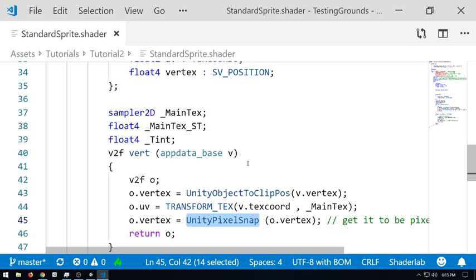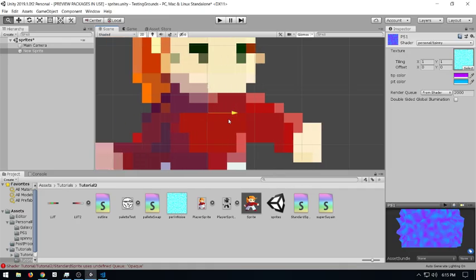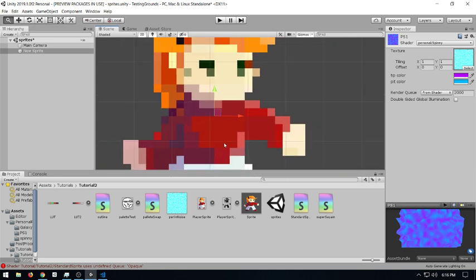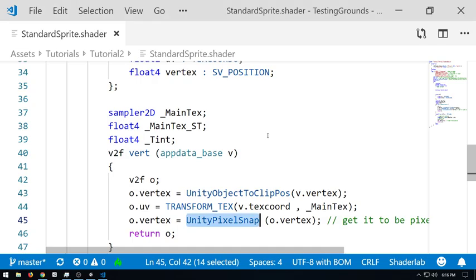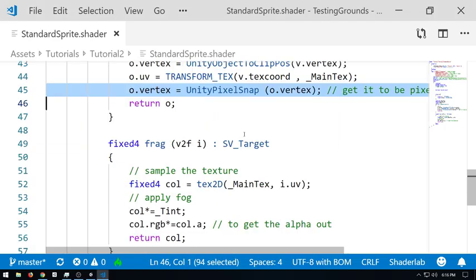Personally, when I bumped up the size on the sprite to try and see that, I didn't really catch it all that often. I feel like it just doesn't really have an effect with a sprite this large. But hey, this should probably be in there. If you're doing sprite work, you should probably put that in there just to make sure that everything's okay.